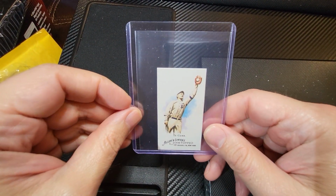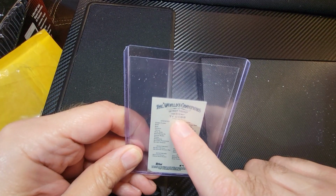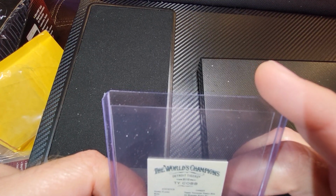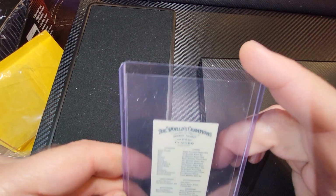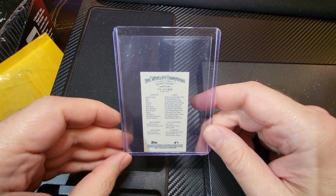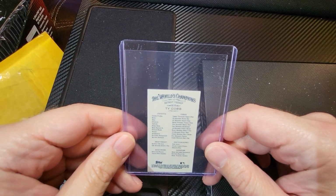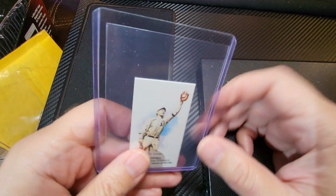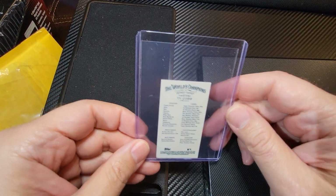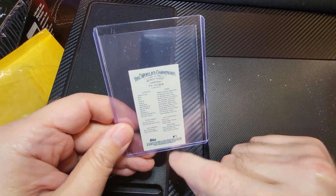Here's a Ty Cobb 2008 mini. And this was, what is that? Either BL or BI or B110. I think that's an L. I think it's like Baseball Legends. So it was like an insert set, but like one of the really hard ones to pull from that year. So there you go. That's another one of these random little inserts that they did back then that wasn't part of the base 350 or 400 cards. It was its own thing, but actual baseball,